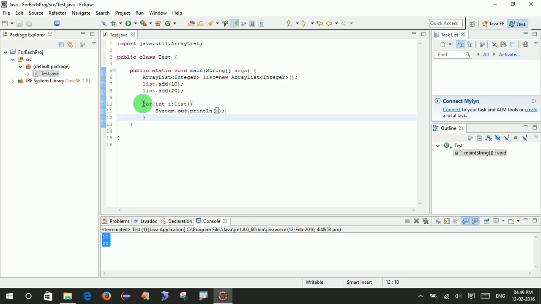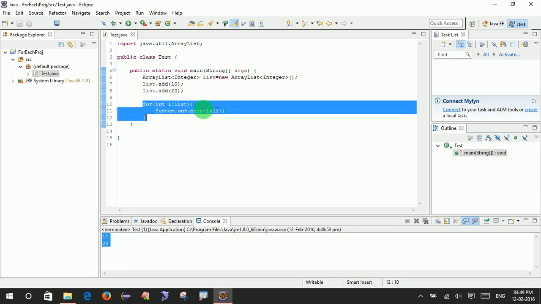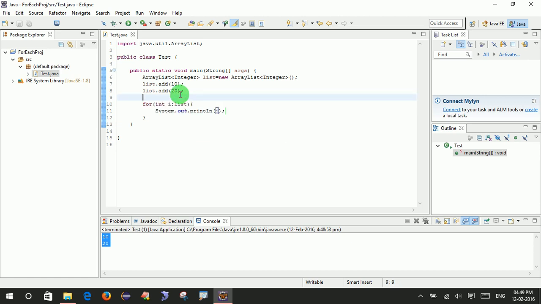But in the case of a collection, it's not an array. So how does the compiler know how many elements there are, and how to get each element and print it? For that, what is it going to do? It just takes a normal for loop. In the initialization block, it will create an object of Iterator